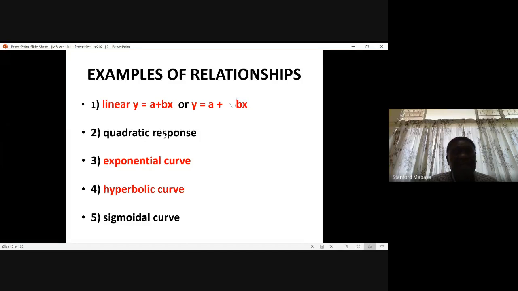Or you can get, instead of a straight line, when you are drawing these graphs, you get a curve, which is probably a quadratic response. You may get an exponential curve. It could be a hyperbolic curve. Or lastly, it could be a sigmoidal curve. These are some of the responses which you are likely to get if you do such kind of a study